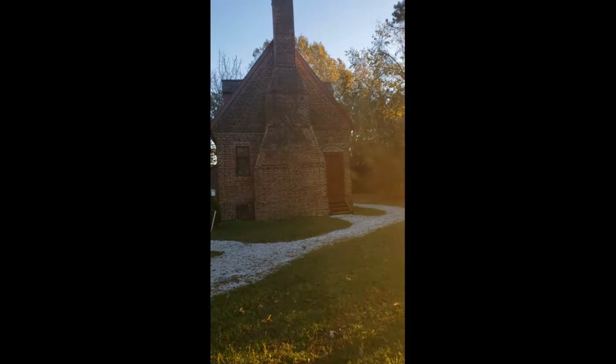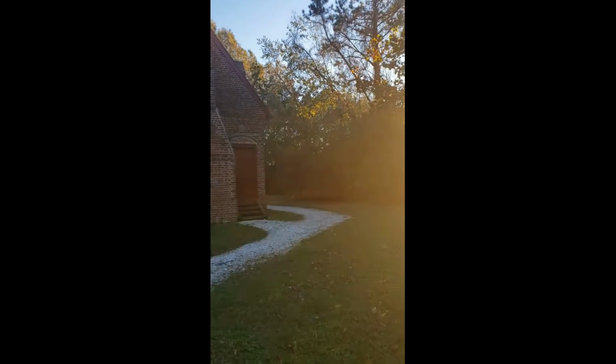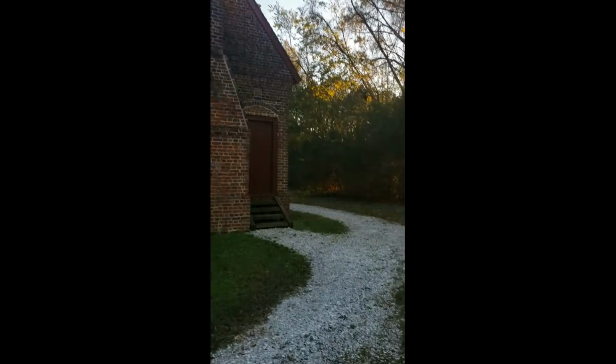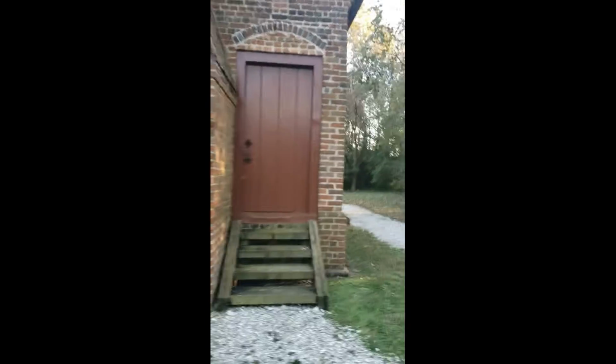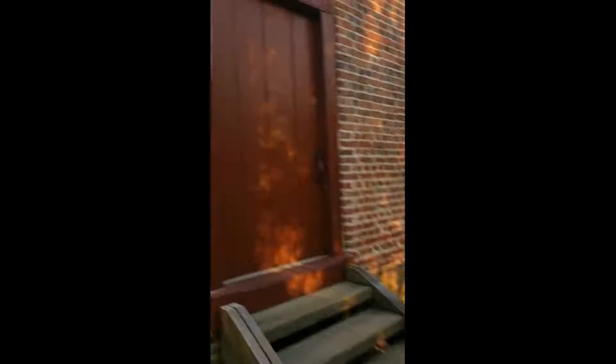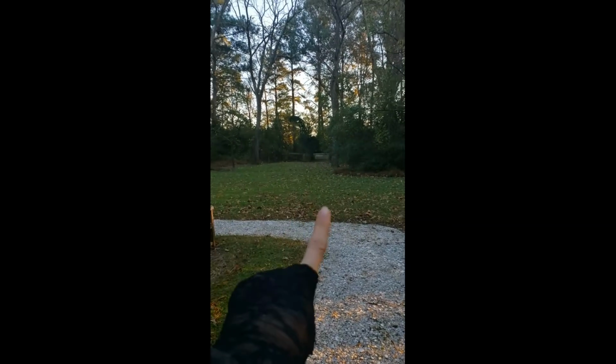Now, just a couple months ago, I want to say it was probably like August, we came out here and, you know, we're just walking around. We went through the trail. We're coming around this way. I knocked on this door. I knocked on the side door to let him know we're here. And my partner's up ahead of me. He's got the flashlight because it's nighttime. I come up here, I knock on this door, and then come back down, and he stops dead in his tracks. He's got the flashlight pointed to the cemetery out there,